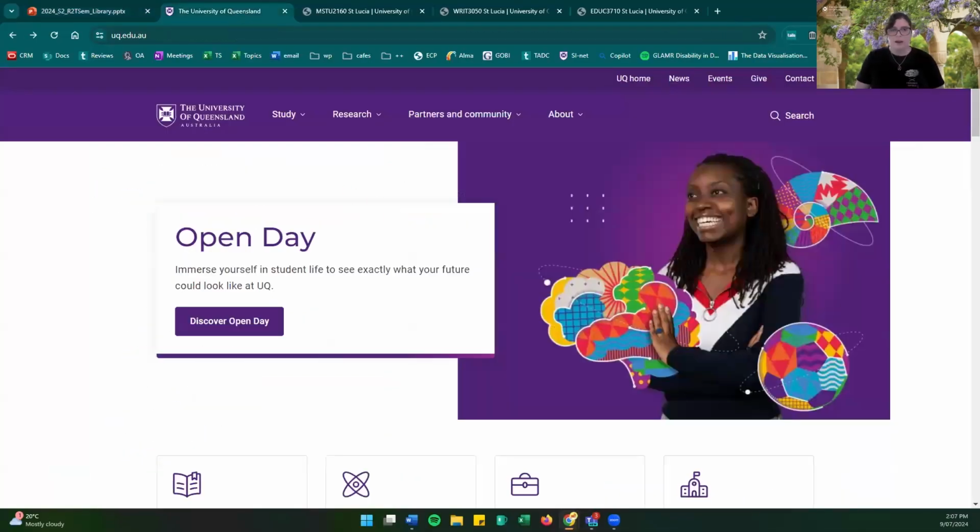So, how to actually access Talis Aspire? All staff at UQ should currently have access to edit and publish reading lists. And the easiest way to access your list is to go to the library search. I hope all of you already know how to use the library search, but if you don't, I'll show you